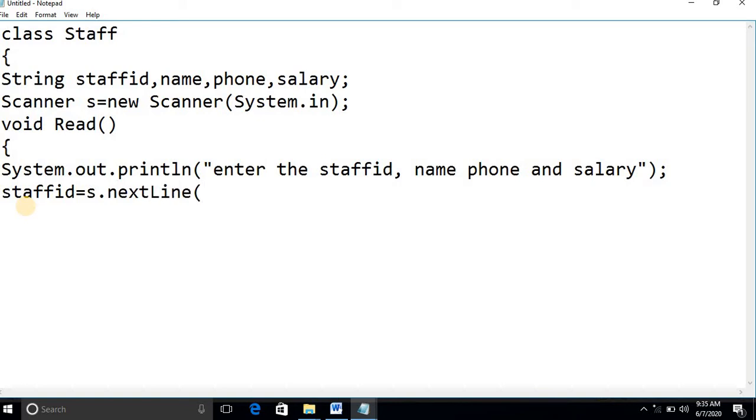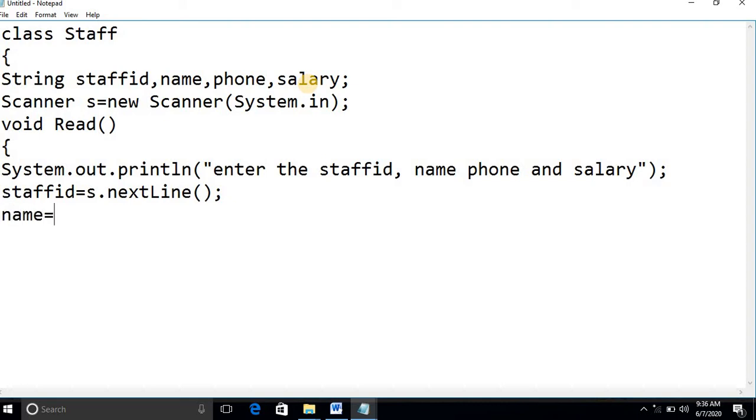Because for your understanding, I have taken everything as a string: ID, name, phone, as well as salary. If you want, you can declare the salary as double, your wish. So staffID is equal to s.nextLine(). You will read the input. Similarly, you have to read the name.